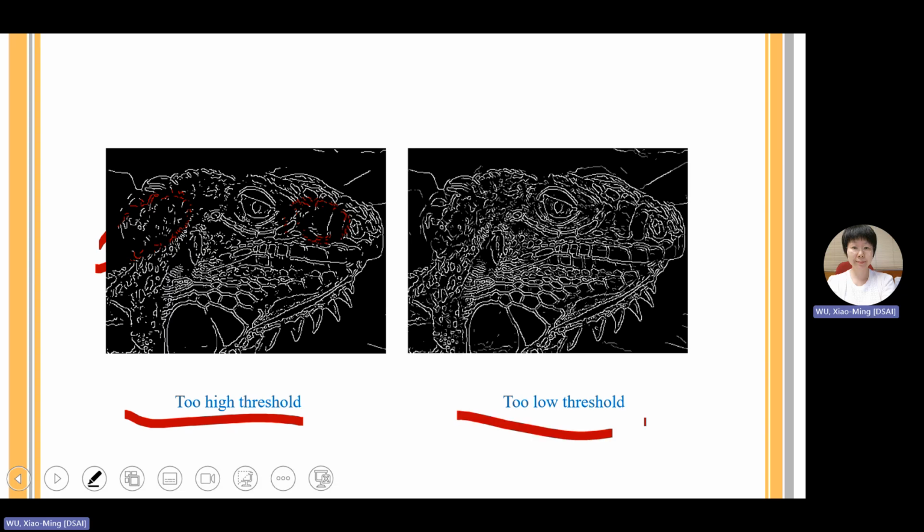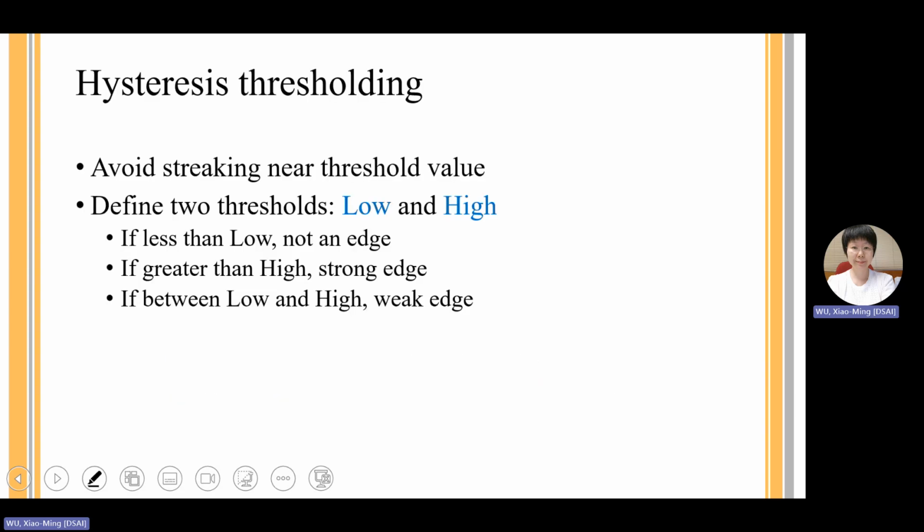But if you set the threshold too low, you may retain too many details. So it's difficult to set an appropriate threshold. Here the solution is to define two thresholds. We set a high threshold